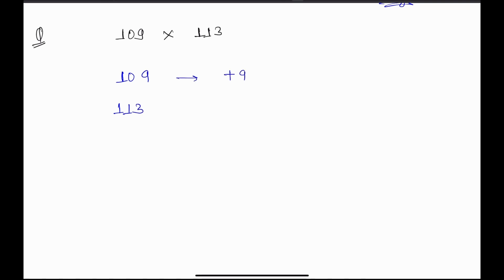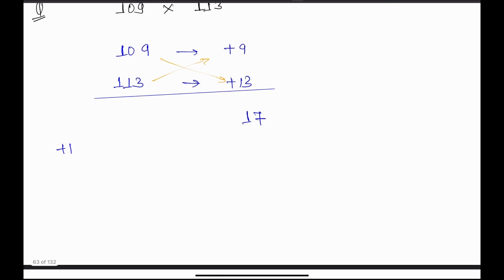So again 109, 113. It is plus 9 plus 13, as both are plus, so 9 into 13 is 117. So we will just take 17 over here. 1 will be our carry. 109 plus 13 or 113 plus 9, whatever you want to add up, either this one or this one, it will not bother. So if I just add up 109 plus 13, 9 plus 3 is 12, plus 10 is 122, 122 plus 1 is 123. So 123 17 is the answer for this question. So this is the benefit of solving with the help of bases, but this will only work when the bases are nearby. Okay,